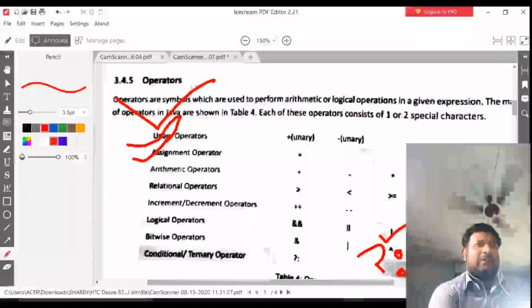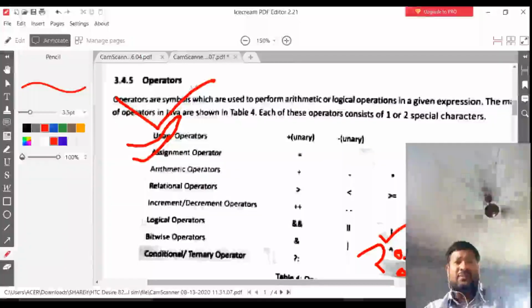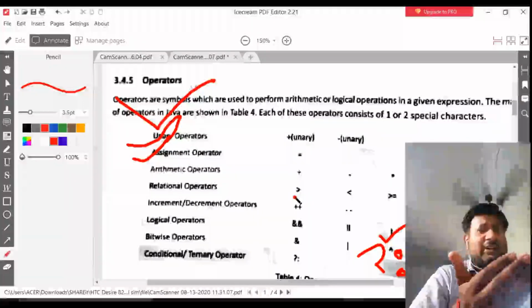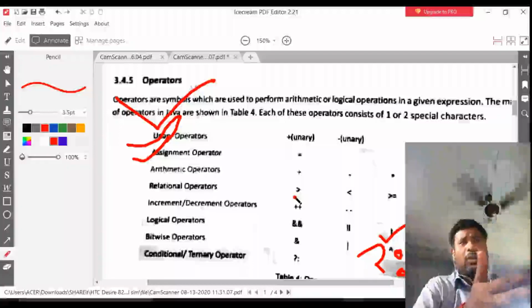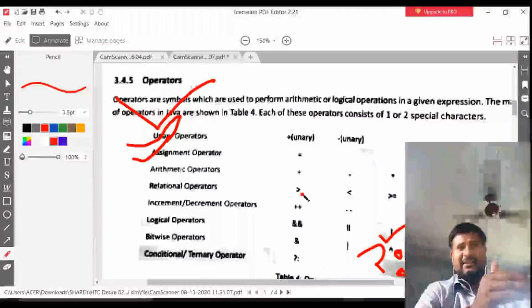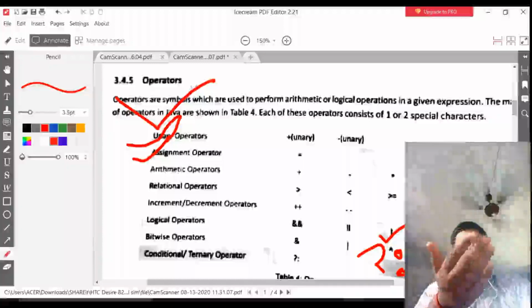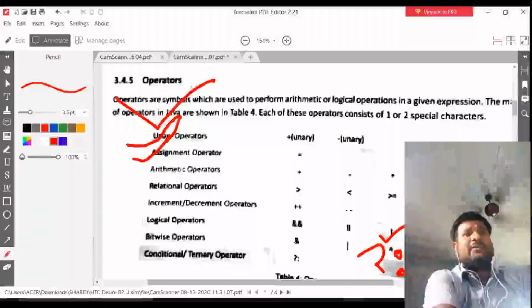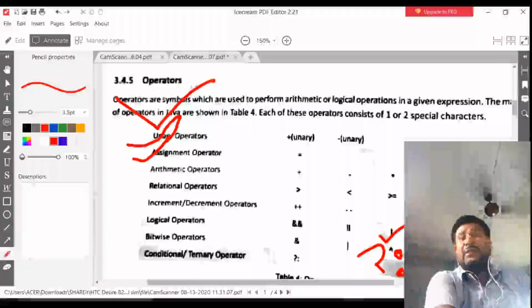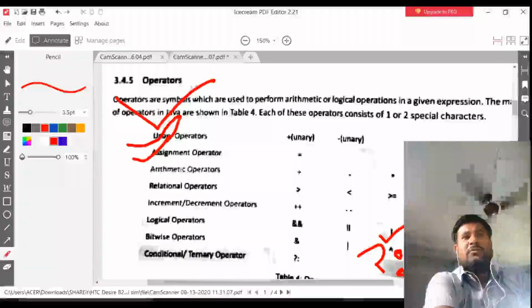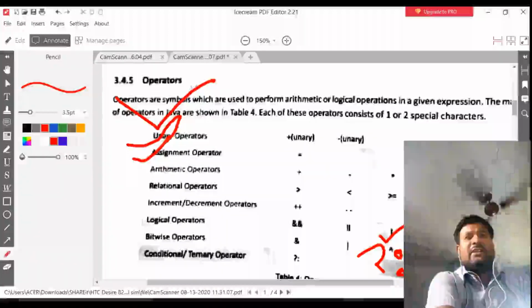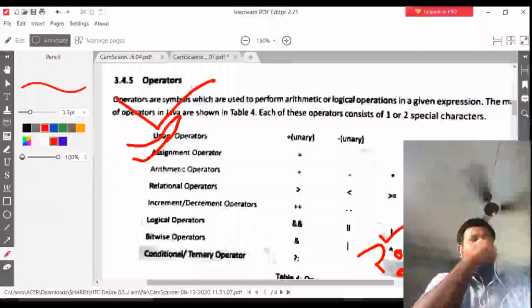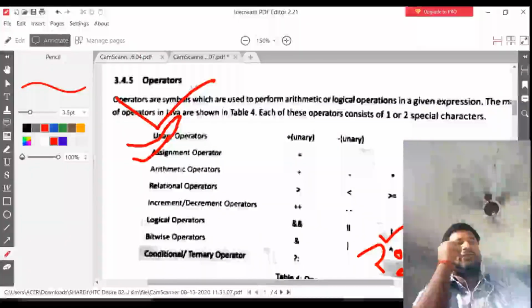Next, there are some shift operators also in Java, and these are the relational operators, which tell the relation between the operands, like you are greater than, I am less than, I am greater than or equal to, I am less than or equal to, I am equal to you. In Java, this sign is used for equal to, and for not equal to, first you write this standing line and dot, then you write the equal sign. That means you are not equal to me. So these are the relational operators.